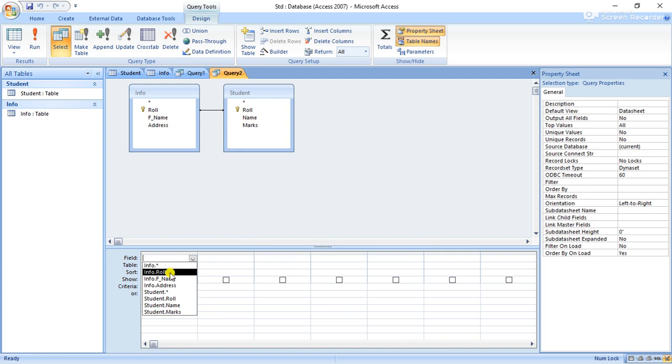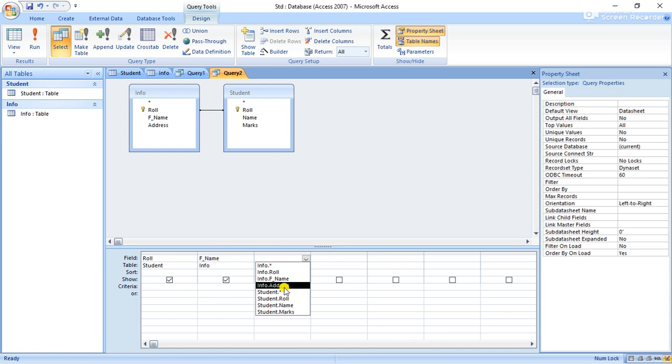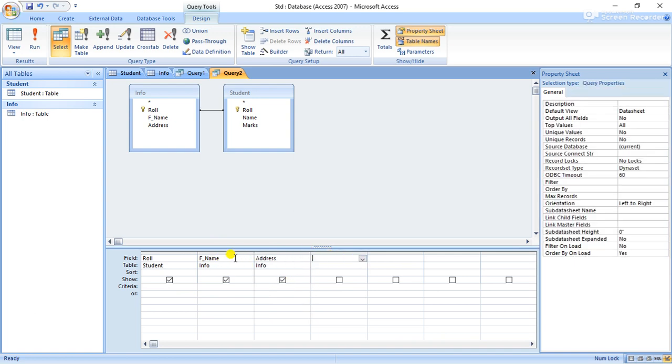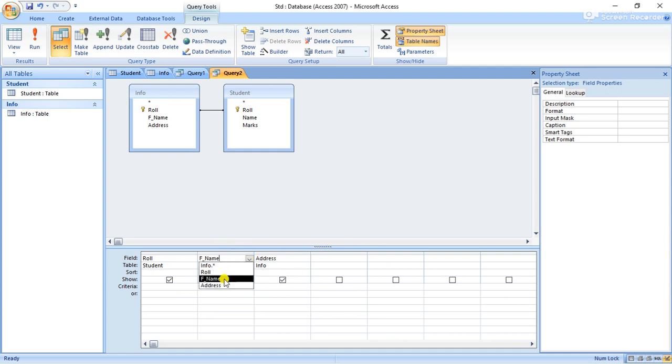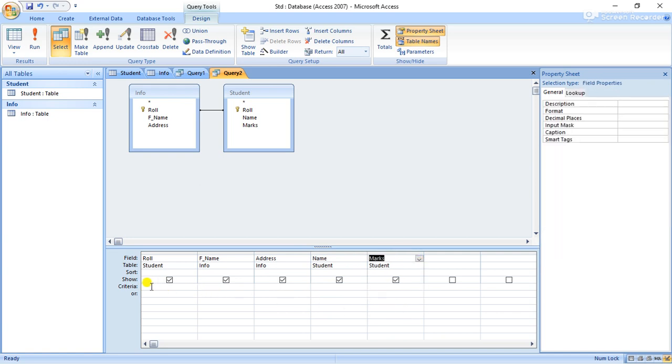Here I will put some fields like roll, father name, address, or student name, student marks. Okay, here in the criteria option we will put 3.